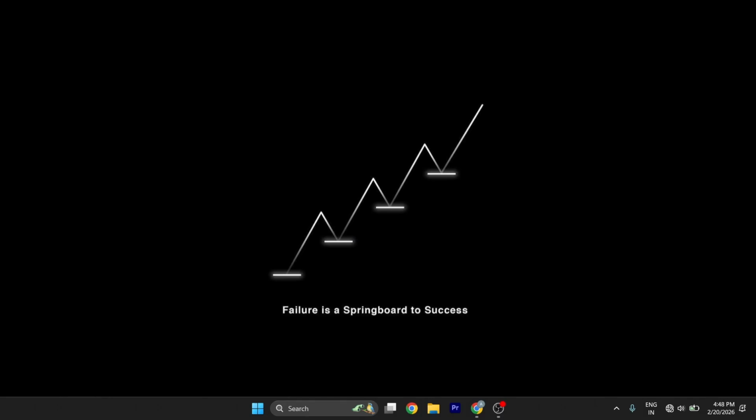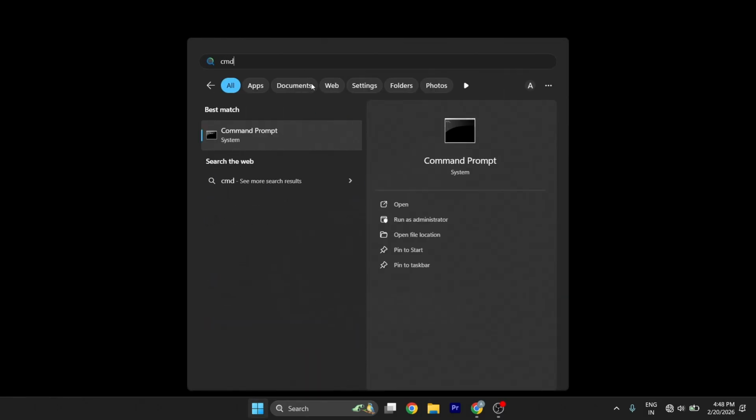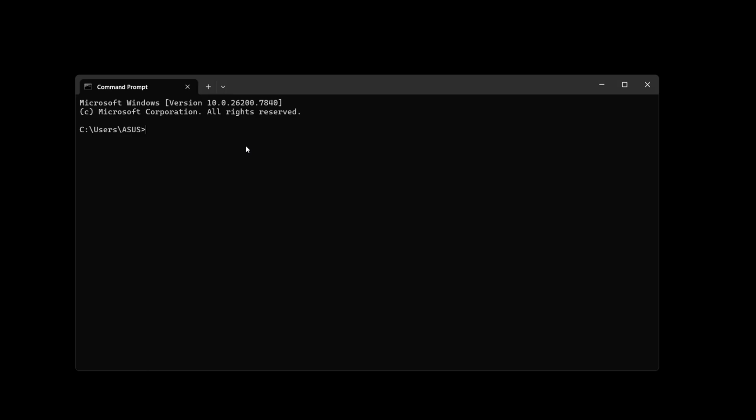Now in order to fix that, all you need to do is to simply run the command prompt on your Windows devices. Once you run it here, you need to type this prompt, that is pip install, and just right after it you need to give a space and type the name of the module that says it's not found. Let's say for example, if I type matplotlib, once I do it and hit enter, you'll notice that